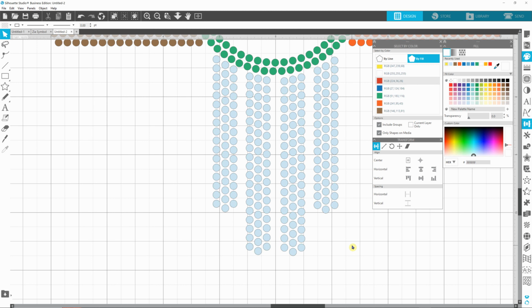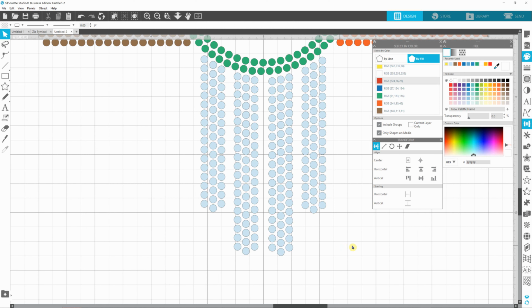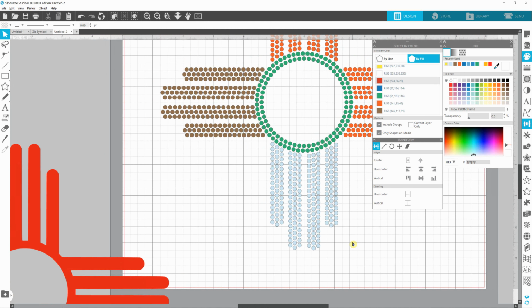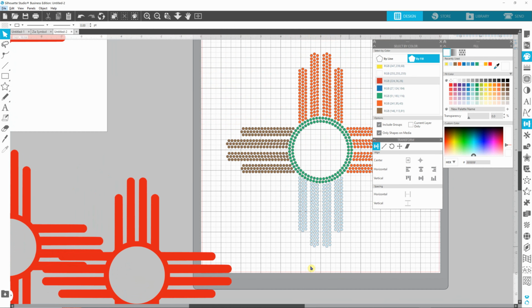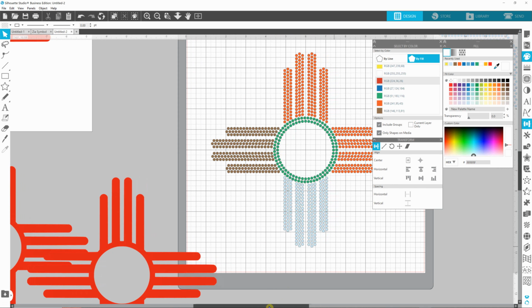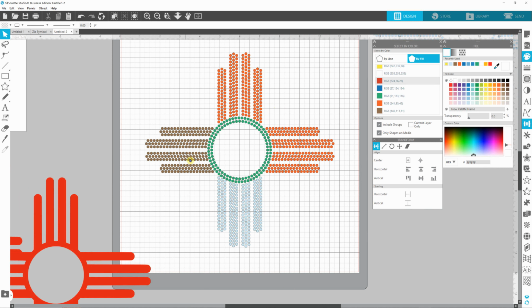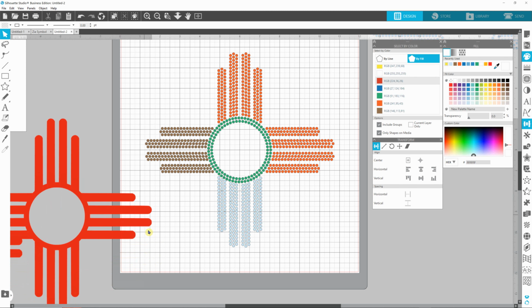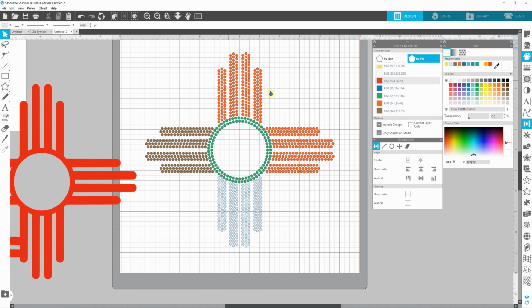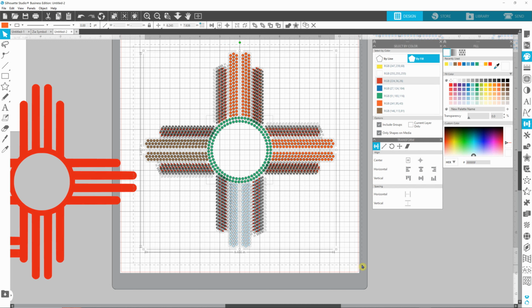So now, what I should have done, I should have actually made a copy of it so we could compare the two designs. But as you can kind of see, now it's got more of a shape on it that mimics our original design. The other one just kind of looked a little too flat. Okay. So now what I can do is I can go in and